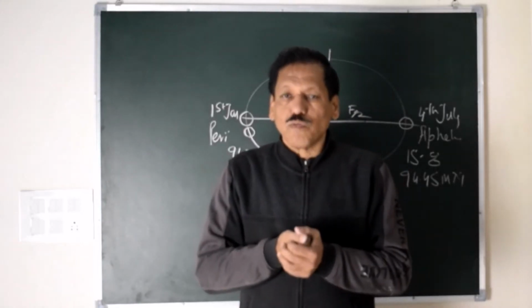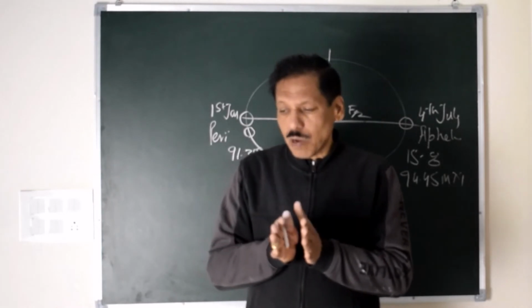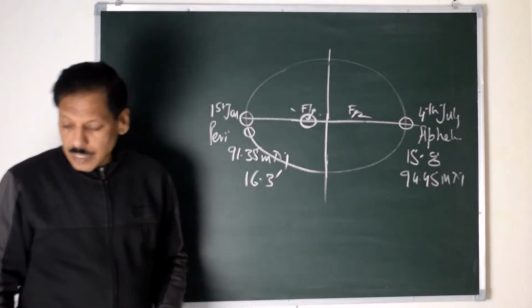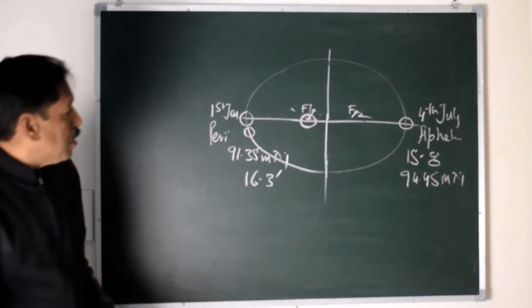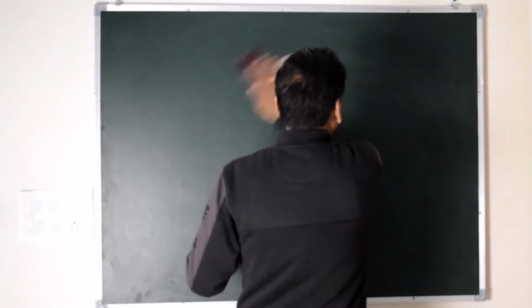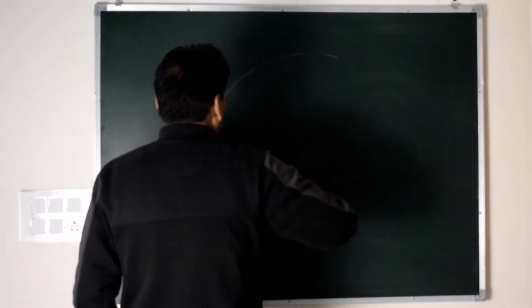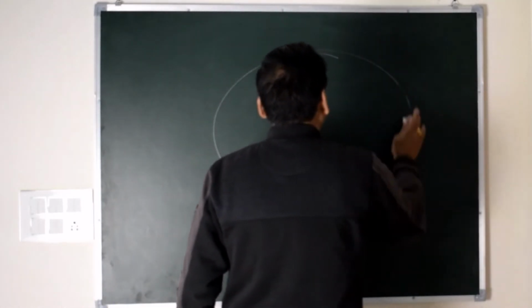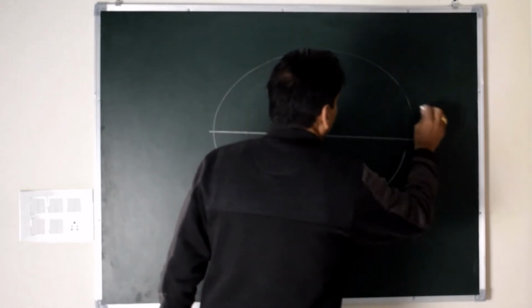All the planets revolve around the Sun in elliptical orbits with the Sun located at one of the respective ellipse's foci. Kepler's second law now is also interesting, and it says that the radius vector sweeps equal